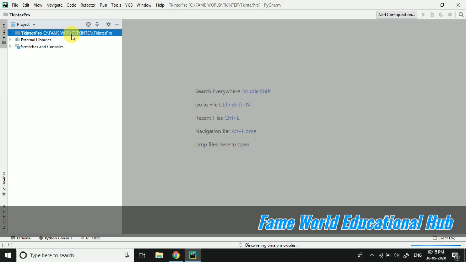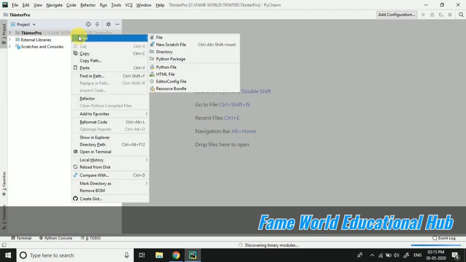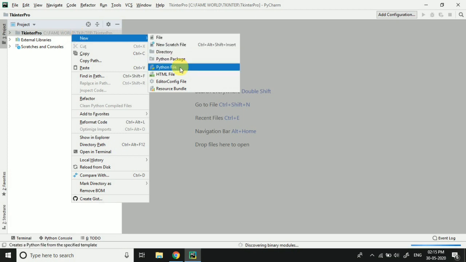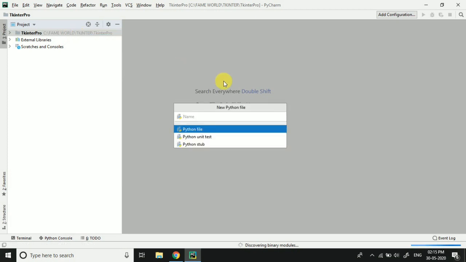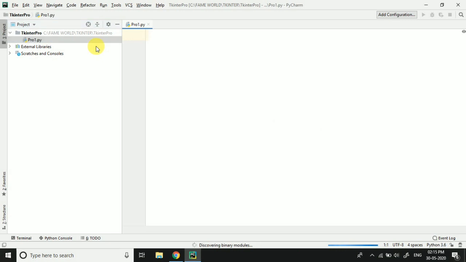We will go from the very basic content towards the topics with enhanced content. So this is the very basic program, the Pro1. I am just creating the file as Pro1, and first of all I will just create a window. In this particular video I will create a window and I will go for a label.